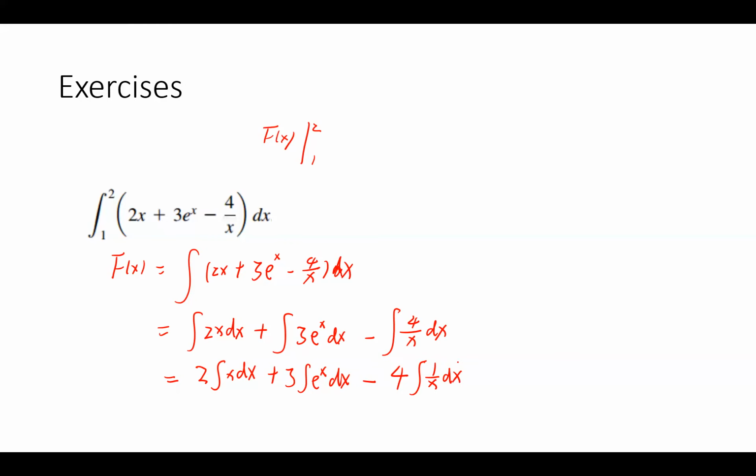So here we have simple terms. We take out the antiderivative, using the rules we covered earlier. We know this is going to be 2 multiplied by x squared over 2, right? And then this is a power function. And then 3 multiplied by e to the power of x, because for e^x, the derivative is itself, and the antiderivative as well. And just minus